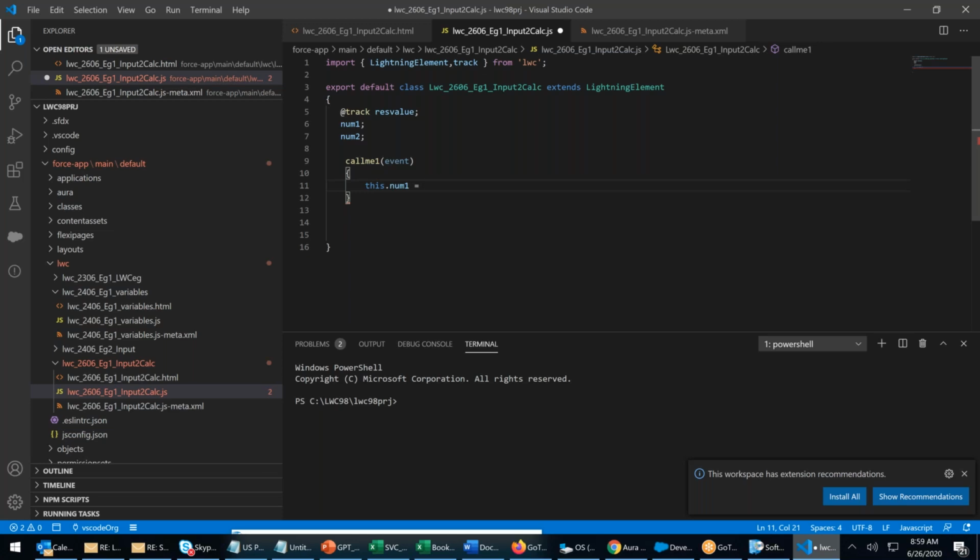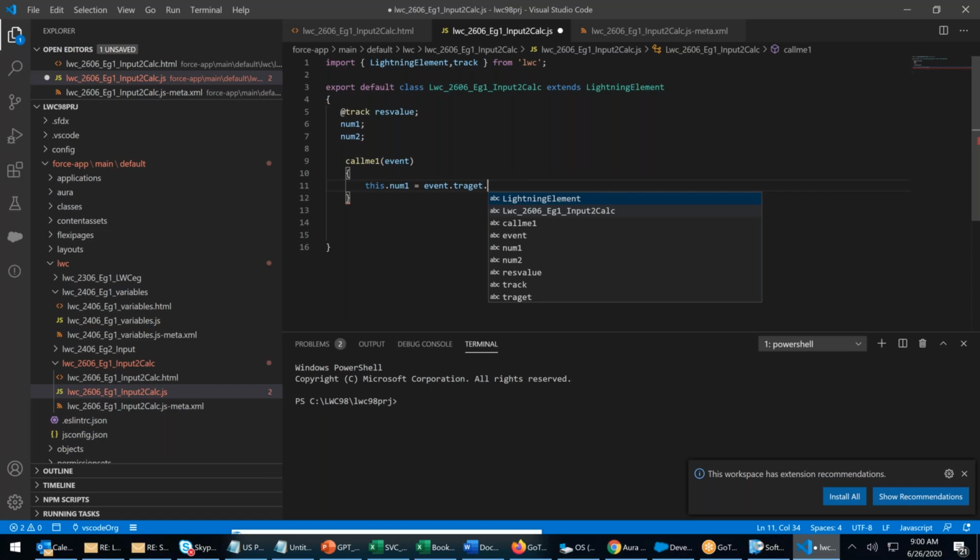See, I'm getting the data from the page to the controller. Last class it was controller to page, JS to HTML. This class it is page to controller, HTML to JS. I will say event.target.value.